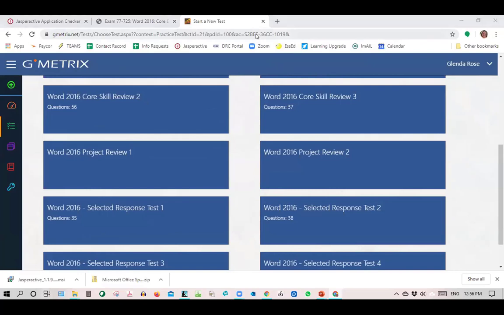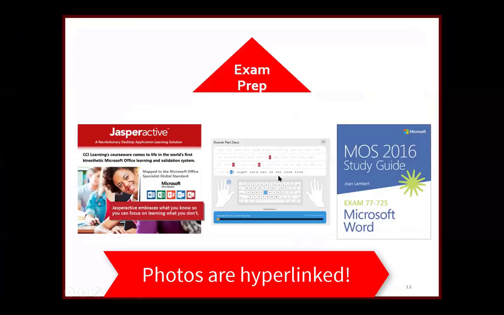So let me go back over this. We have the typing, because you have to have the typing speed to be able to finish that test. And then we had Jasper Active, where they were going through piece by piece. Now, what I found was that it was insufficient. And so I needed to add in this Microsoft Office study guide, which has practice tests and practice activities in it. The English in it is a little simpler than in the Jasper Active explanations and PowerPoints, so that made it easier for my students, and it was easier for me to review. The score on Geometrics, we're asking for an 850 or 900. We found that those tests are easier than the actual test, and so they need to be a little bit higher to pass than they would be on the actual test.